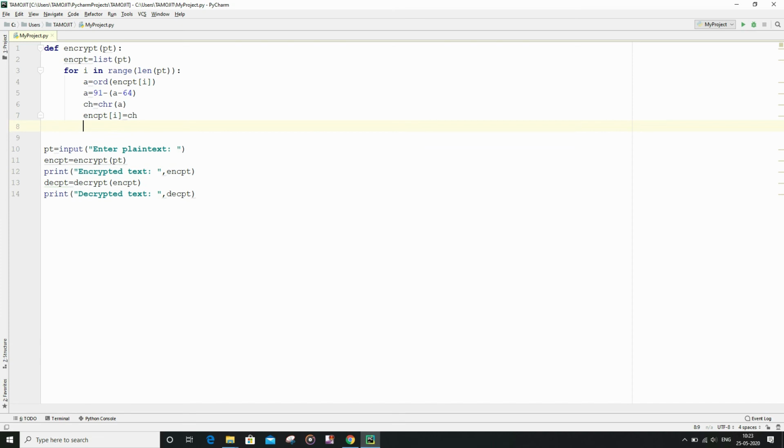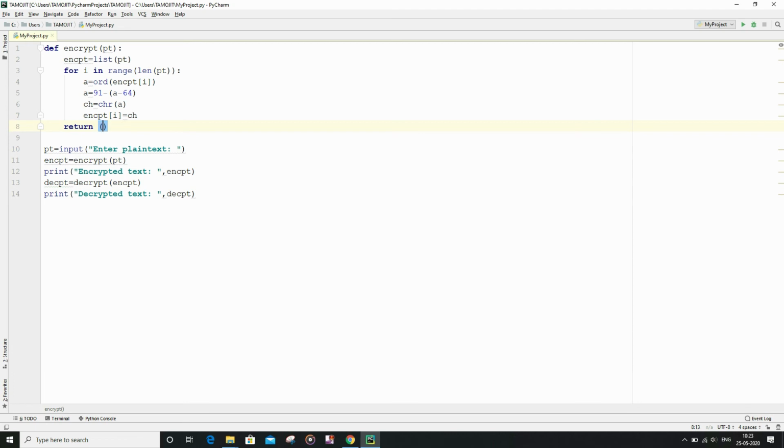And then finally I am going to return the string after forming it from the list of characters in the encrypt list.